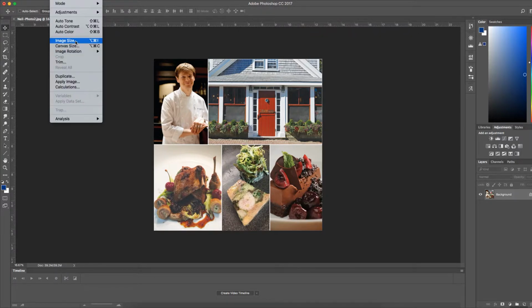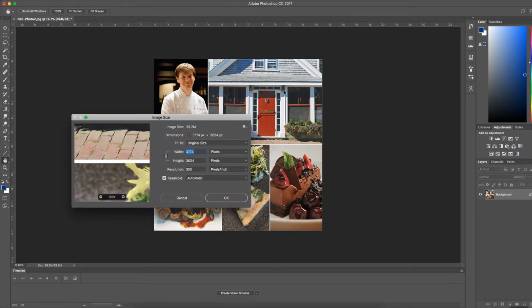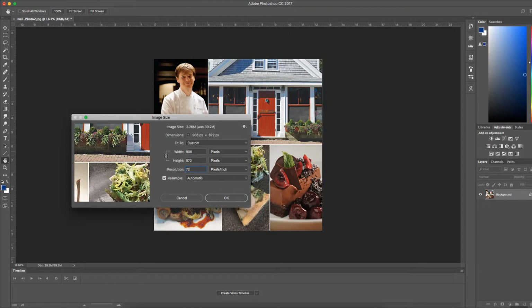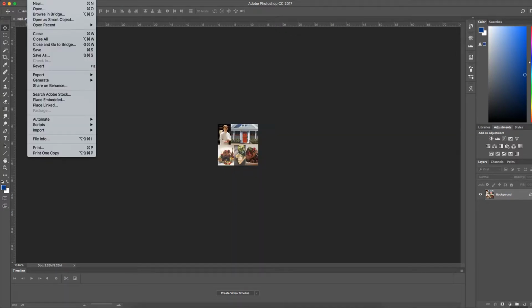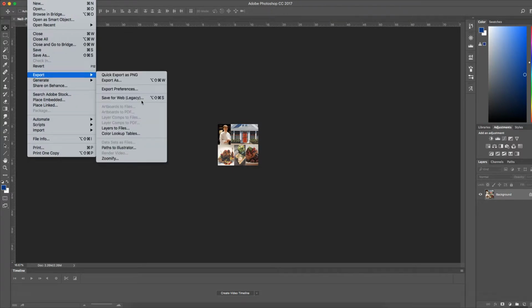My next step is to go to the image size, and you can see here that it's 300 dpi in resolution, and the file size is over 3700 pixels wide. So when I change this to 72, you see how that drops to 906 pixels wide, and I'm going to say OK to that. So that just compresses my file, and then I'm going to compress it on my final step, which is I go into File, Export, Save for Web,